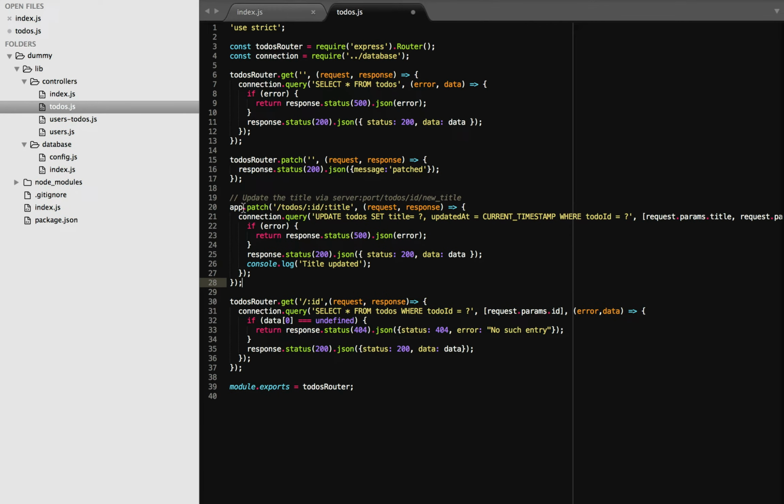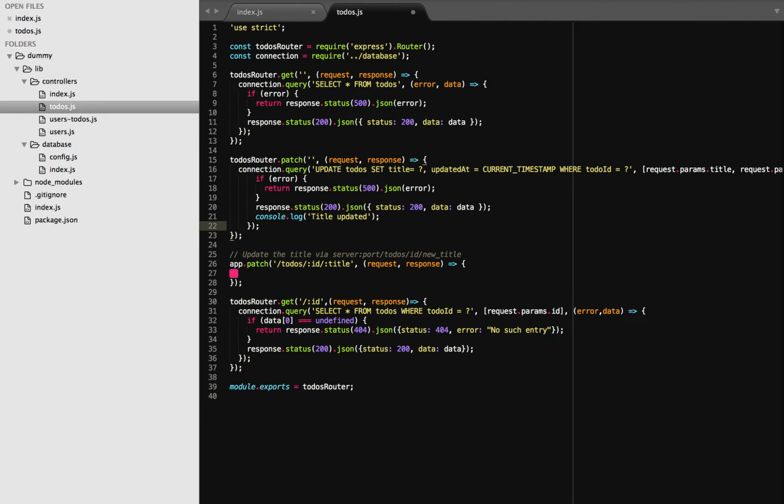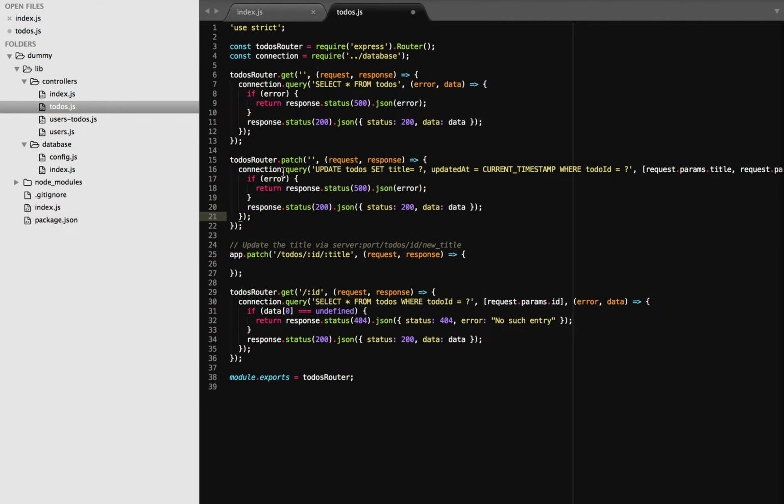So if you are not familiar yet with this file structure, make sure to watch the other video that I made yesterday. So we already made this patch endpoint, so the only thing I want to do is copy Jack's code, put it in here, remove the console log because that's not supposed to be there,